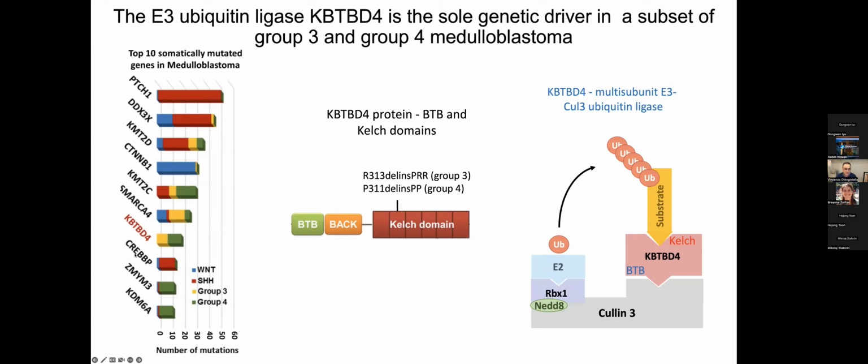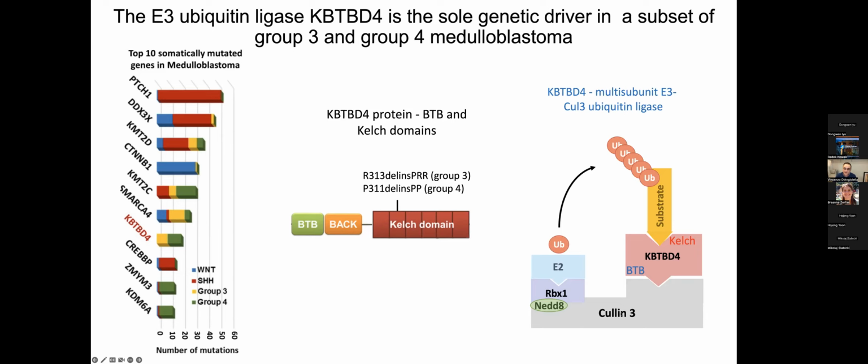This was a paper that was done in 2017, and among the top 10 most frequently mutated genes in medulloblastoma, there was a gene called KBTBD4. And this was, for me, quite an exciting finding, because it was obviously an E3 ubiquitin ligase of the CAL3 family. And as you may well know, the characteristic of these E3 ubiquitin ligases is that they have a BTB